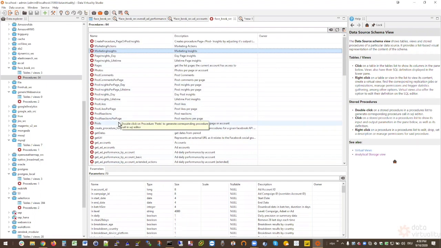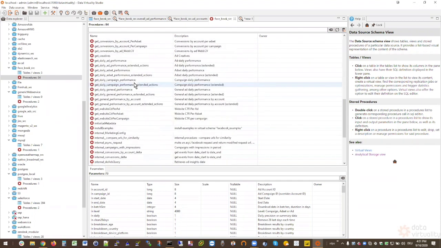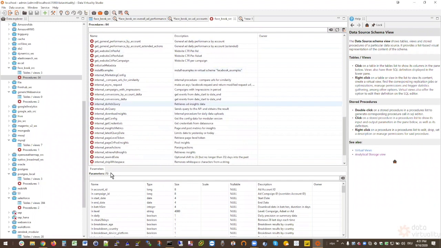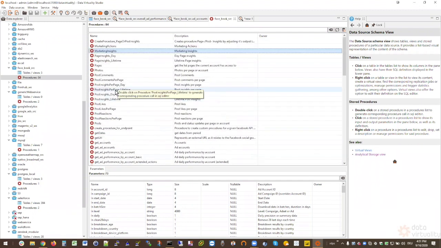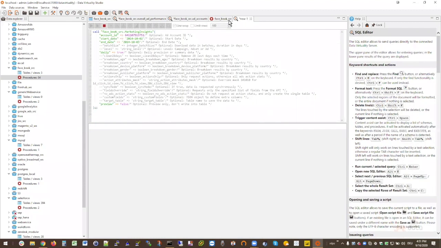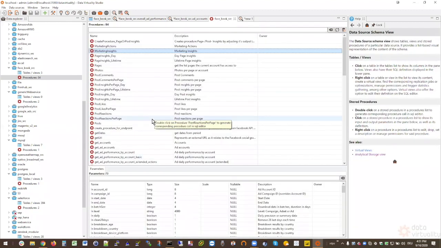But the Facebook API, like a lot of APIs, you can just combine them endlessly and they would always produce different results. And even though we already have many internal procedures, many of these templates, you still might have something in your company or your marketing structure that you want to implement on your own. And you have probably already seen